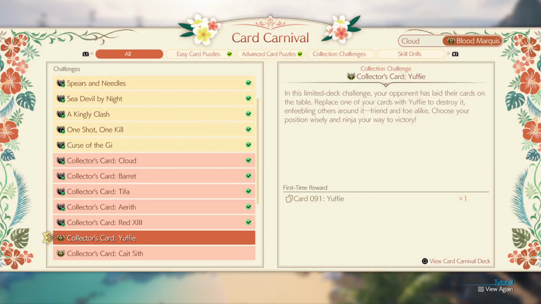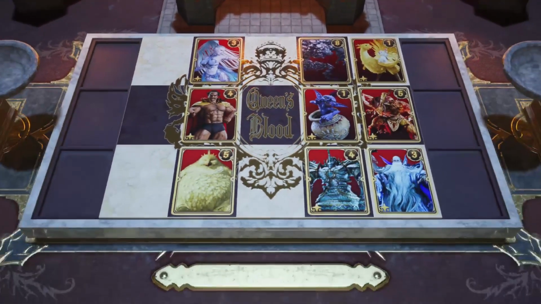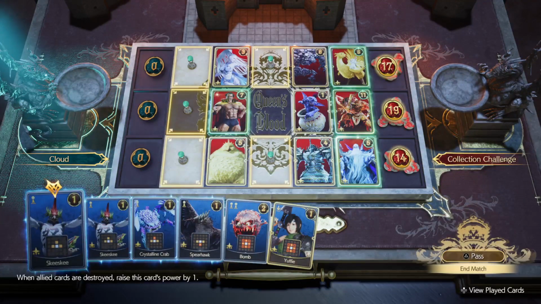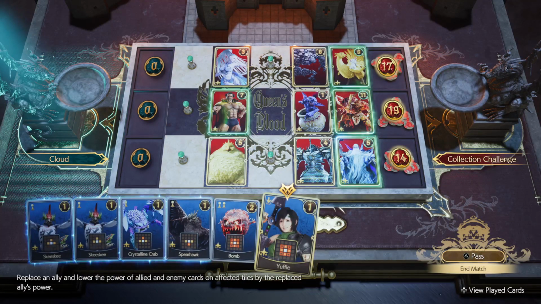Yuffie is a replacement card. Alright, so opponent looks like they're pretty buffed out. So we want to probably get rid of their buffed cards with something like a bomb or a Yuffie. Replace an ally and lower the power of allied and enemy cards on affected tiles by the replaced ally's power. So...